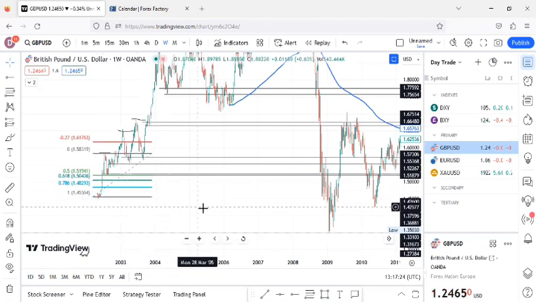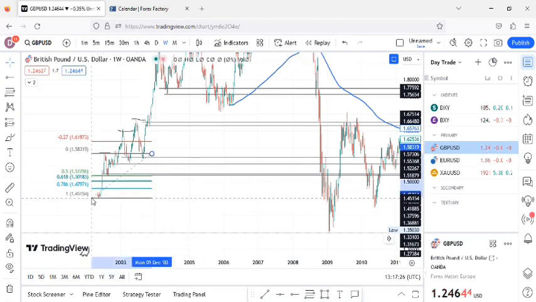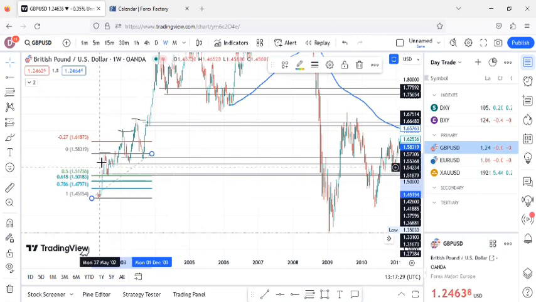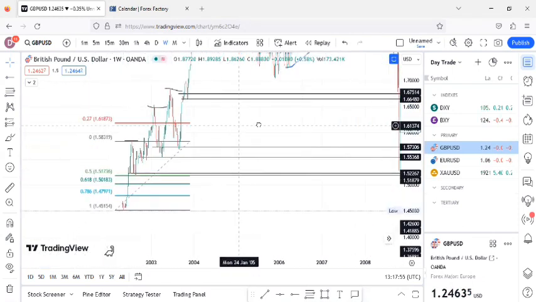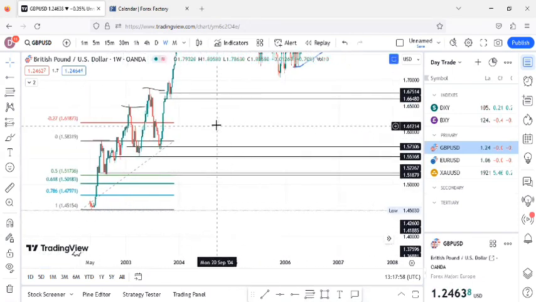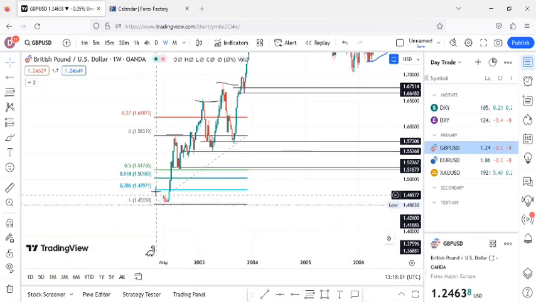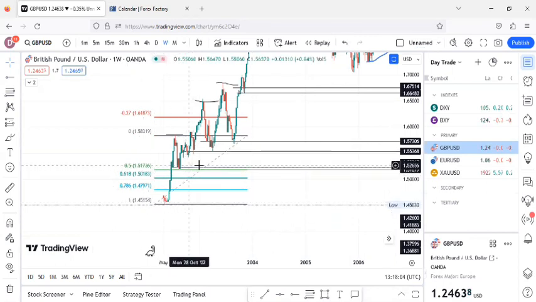So when you draw your levels from low to high, if a level is going to work, it's going to align with either of these fib levels. It might not be exactly on top of it as we have it here, but if they are close, with just a little distance, then you are good. They might not be exactly on it. Like if you look at this one, you can see that this particular level that I drew here